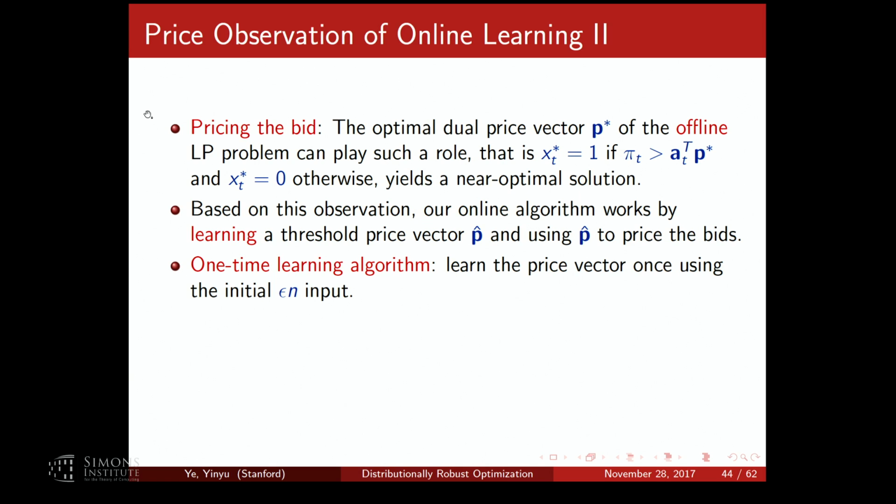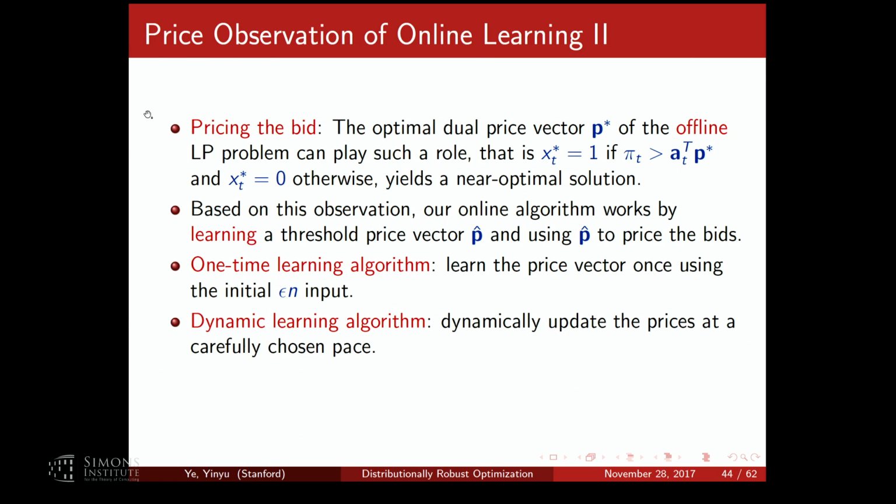This is the so-called one-time learning algorithm. Basically, I have epsilon, think about this as 1%. You have like 10,000 bidders and N. So for the first 100, you don't do anything. You just observe the data. Once you observe data, you can use this as a sample. You formulate a small sample linear programming problem, hopefully very close to the population linear programming problem. And then you use the small sample linear programming shadow price for your future decisions.